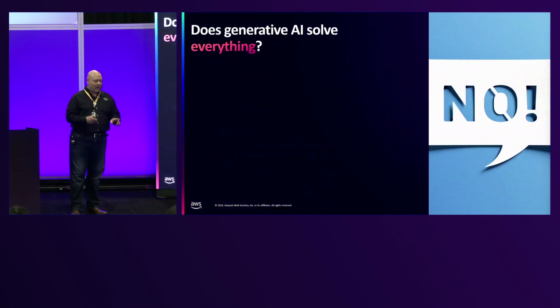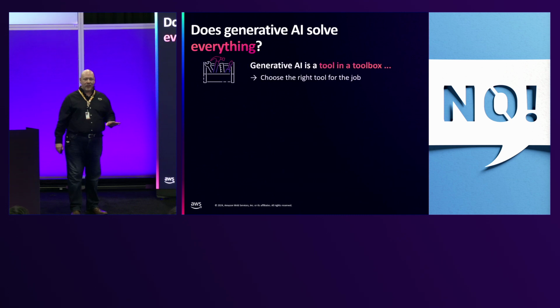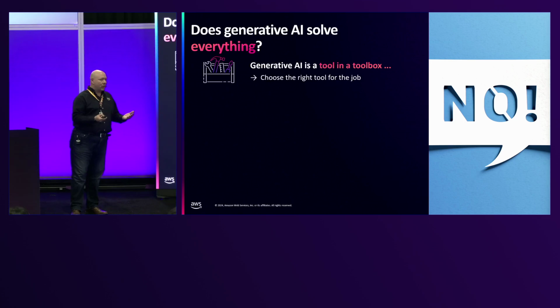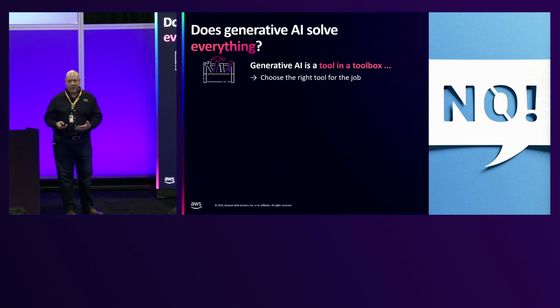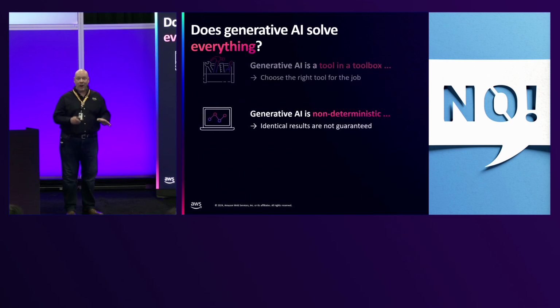But I also want to make it clear that generative AI is not the perfect solution for everything, and it's not like this magical tool that's going to fix everything for you. In fact, sometimes generative AI is not the right tool for your job. It is just an asset to have in that tool chest. Sometimes you might just need machine learning. Sometimes you may not need machine learning at all, and you just need to write a script. So when you're thinking about generative AI as kind of that new hotness, it is great, but it's not the